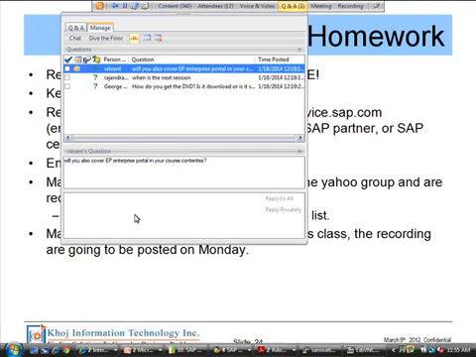Will you also cover EP Enterprise Portal in your course contents? Java Stack, but not focusing on Enterprise Portal per se, because there are so many products we cannot cover it all. Java Stack will be covered next weekend.